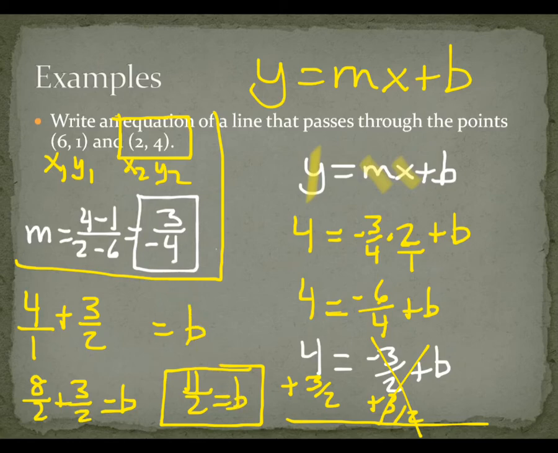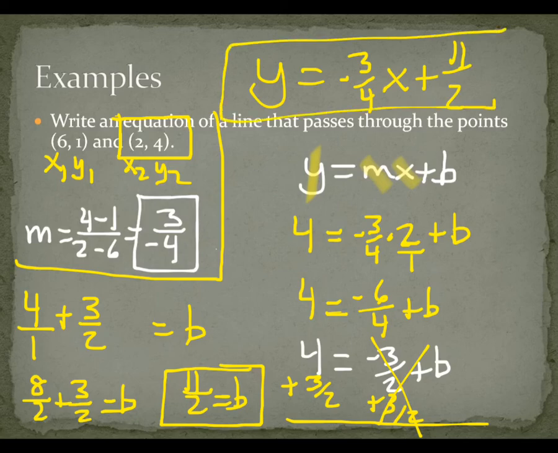That's my slope. Now I can write my equation. My equation, I'm going to plug in negative 3/4 for the slope. I'm going to plug in 11 over 2 is the y-intercept. That's as hard as they get because we just had to deal with some fractions there. Okay, that's just adding, subtracting fractions. Otherwise, this process is the same though. Find the slope, find the y-intercept, plug them in. So that's my final equation. So any